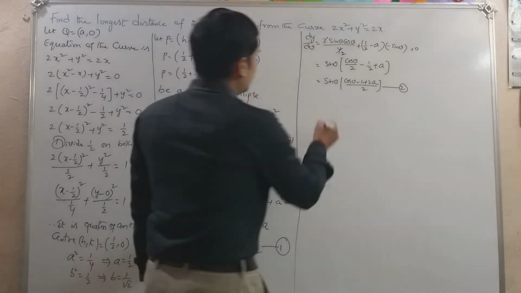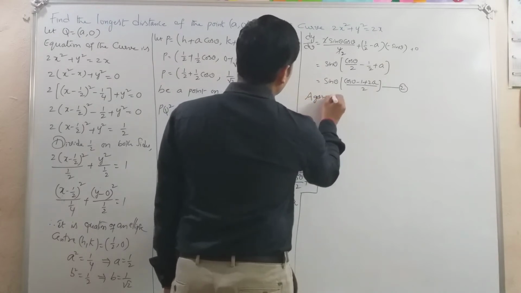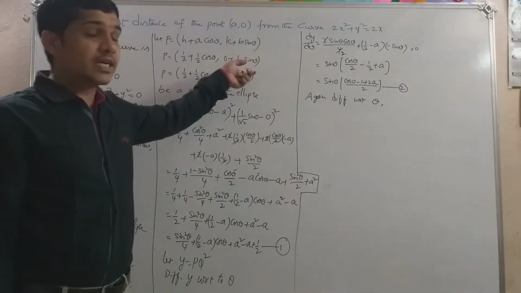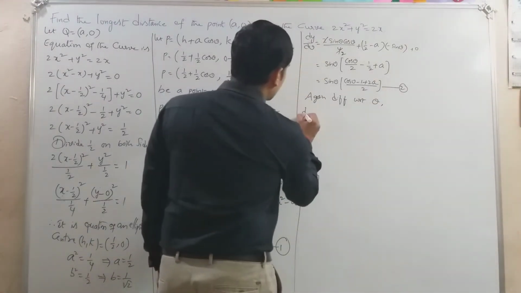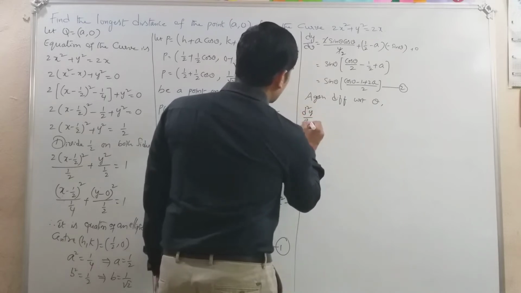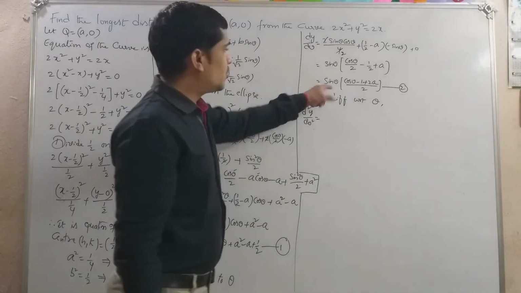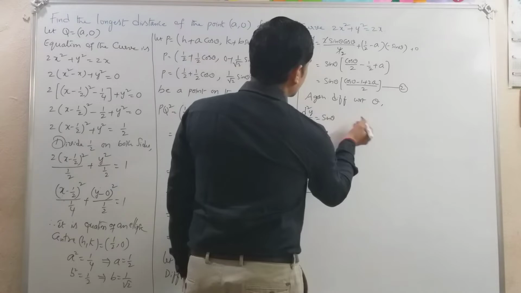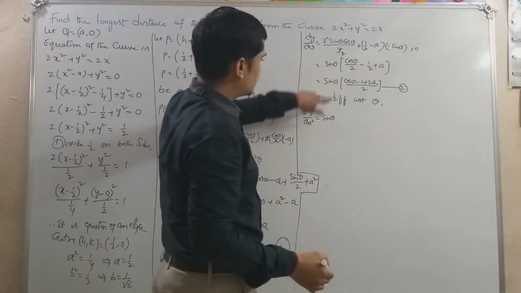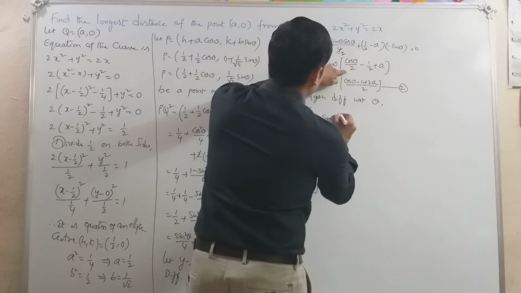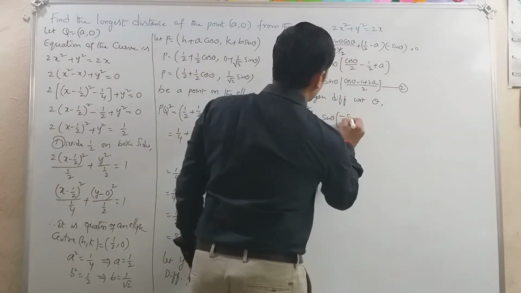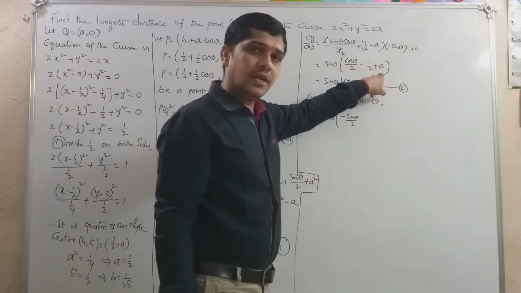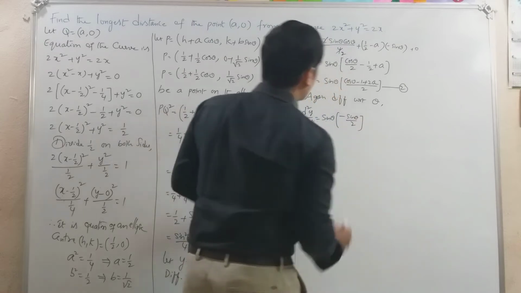Okay, again differentiate with respect to theta. I am finding the second derivative. Then we'll get d square y by d theta square is equal to sin theta, I am using the uv formula. So first function into derivative of second function. So first function sin theta, and for this the derivative is cos theta by 2, derivative of cos theta is minus sin theta by 2, and 1 by 2 constant, for this 0, for a constant it is also 0. It is the uv formula.